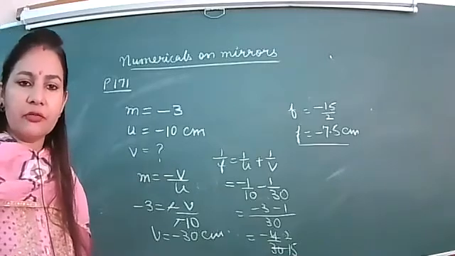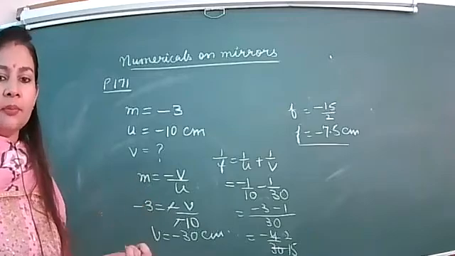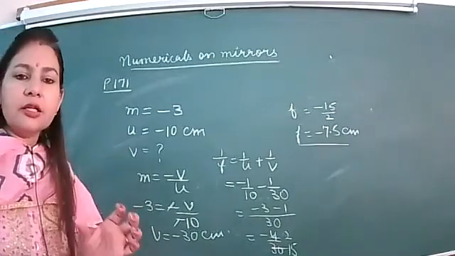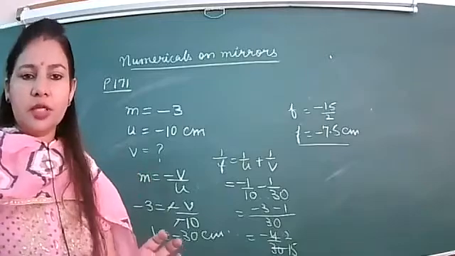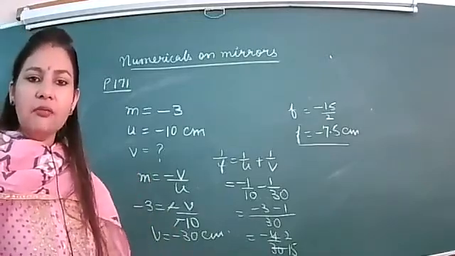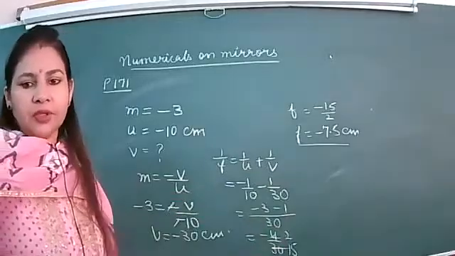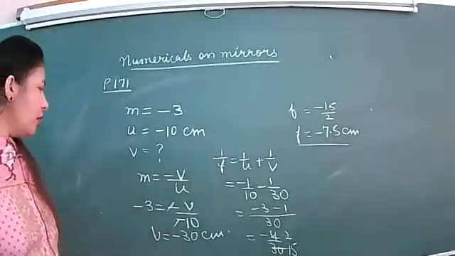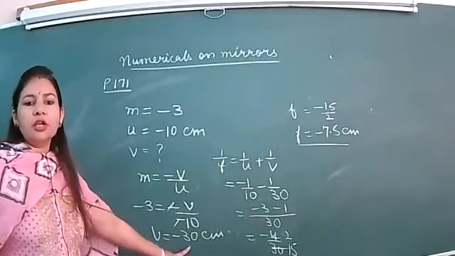That means radius of curvature जो C है वो इसके डबल पे है, 15 पे है. तो अब आप देखिए U कौन सा है आपका. It is between F and C. So it is that case when object is kept between F and C and image is formed beyond C. Image कहाँ पे बनी है? Beyond C. C आपका कहाँ पे है? 15 पे, और V is 30 सेंटीमीटर, तो ये वहां पर बनी.